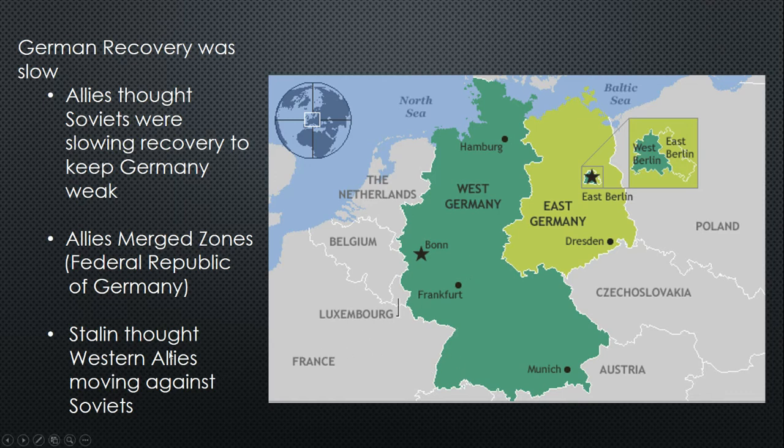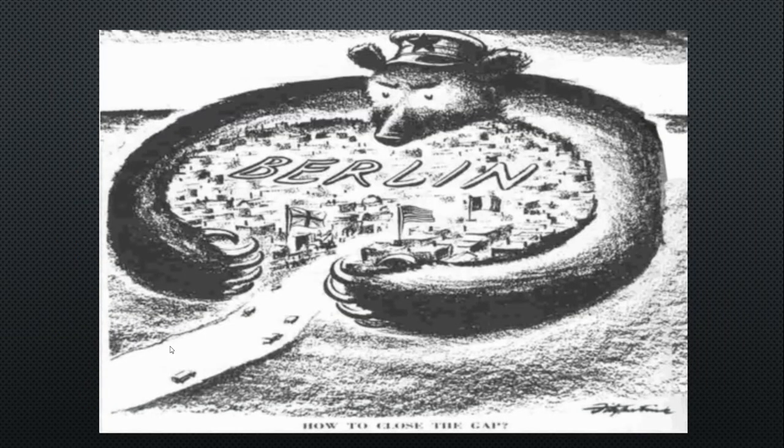When the Allies did this, Stalin views this as maybe a hostile act by the Allies in moving against the Soviets. And so he is going to respond in a way that is going to create one of the first real confrontations of the Cold War. What Stalin is going to do is blockade Berlin, or blockade the Allied sectors of Berlin, meaning that there's no food or fuel or accessibility to get supplies or anything else into the Berliners.